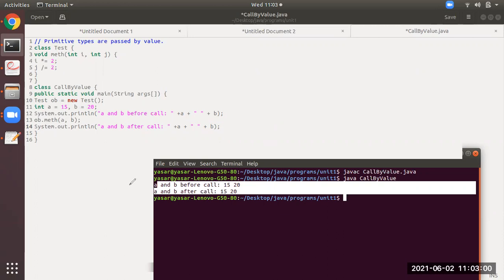But in line number 13, you observe ob.meth(a, b). This is a function call to the method in class Test. So over here, it will call this method, and i and j will receive the values 15 and 20. So you observe here, i *= 2. What's actually going to happen over here is,